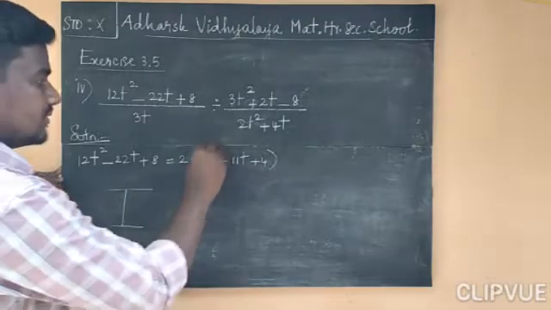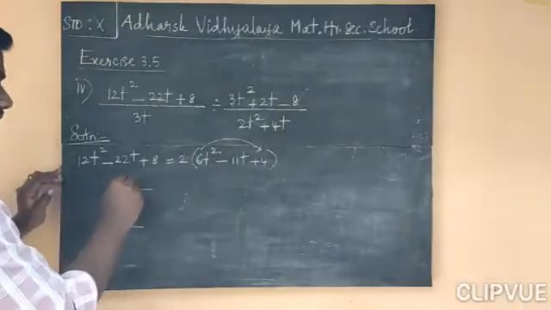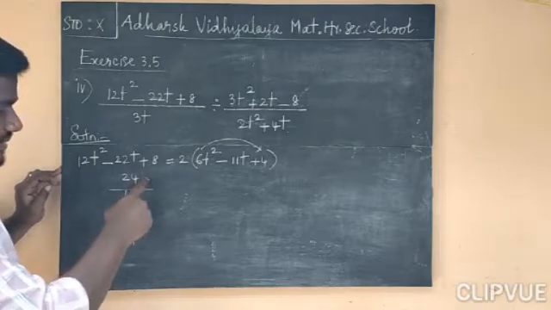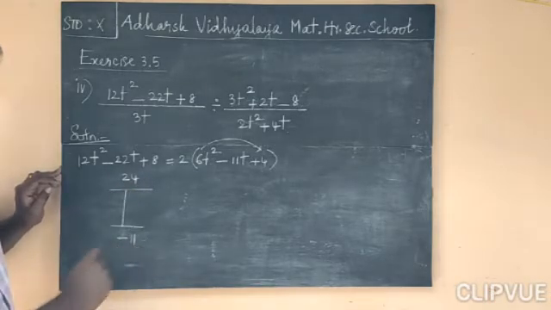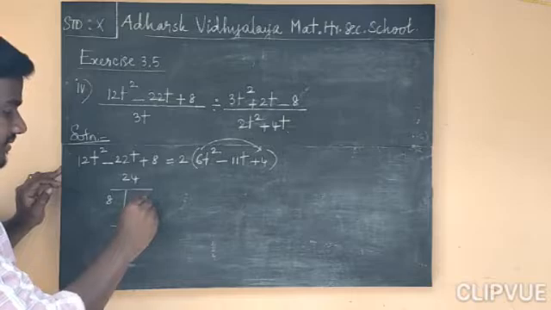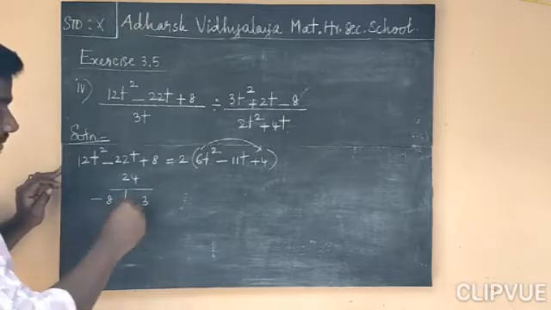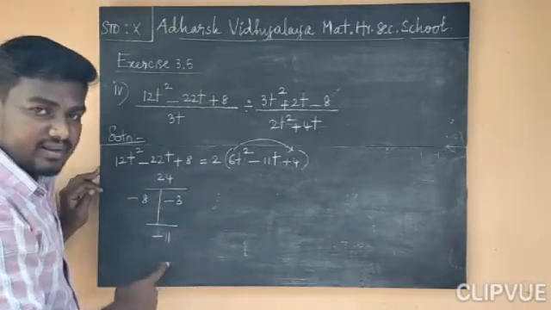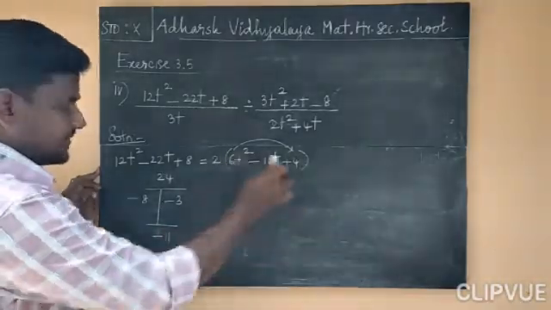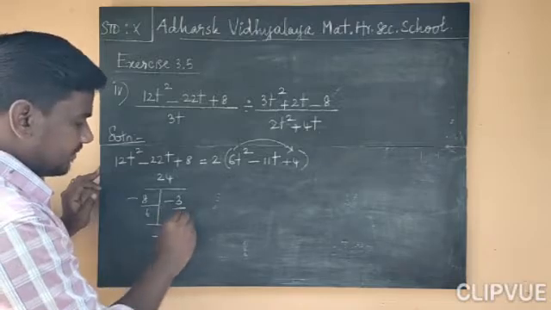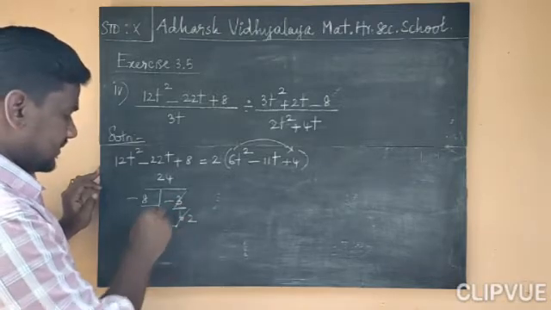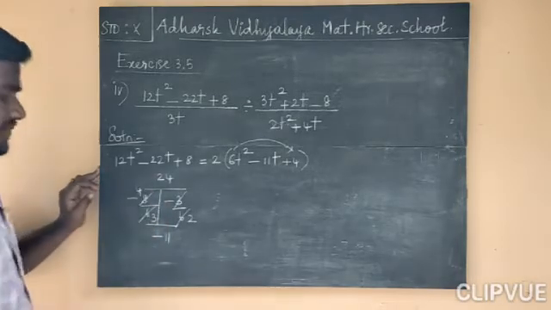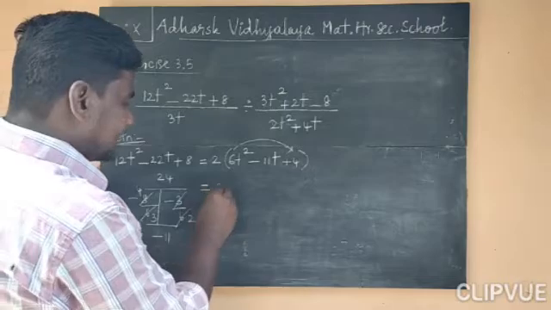First, multiply these: 6 into 4 is 24, and this one is minus 11. So the product of two numbers is plus 24, and the sum of the same two numbers is minus 11. 8 threes are 24, so minus 8 and minus 3. Minus 8 into minus 3 is plus 24, and minus 8 minus 3 gives minus 11. And we multiplied by 6, so we want to divide by that same number 6. 1 time, here 2 times. Here 2 table means 3 times. Here 4 times. Okay.